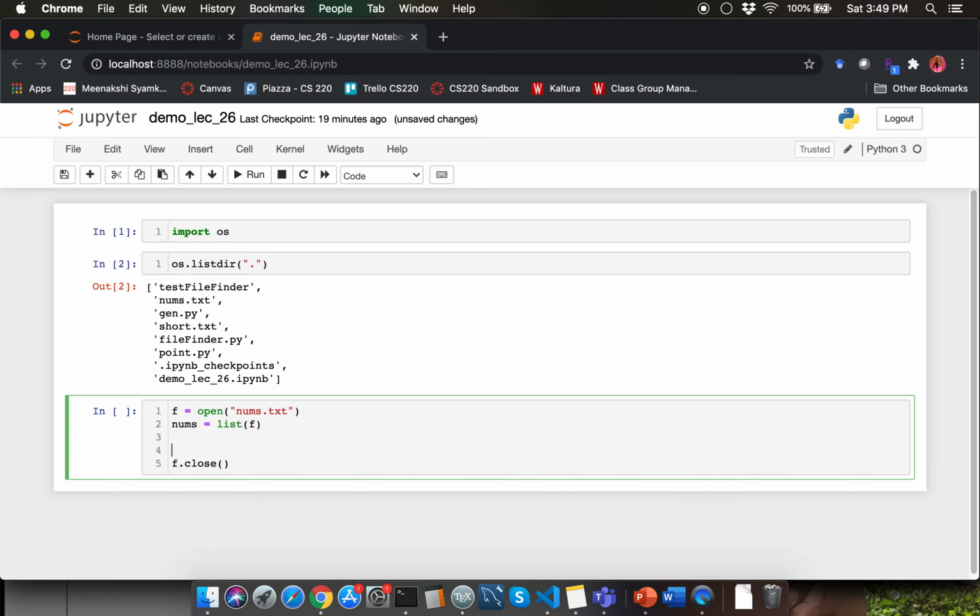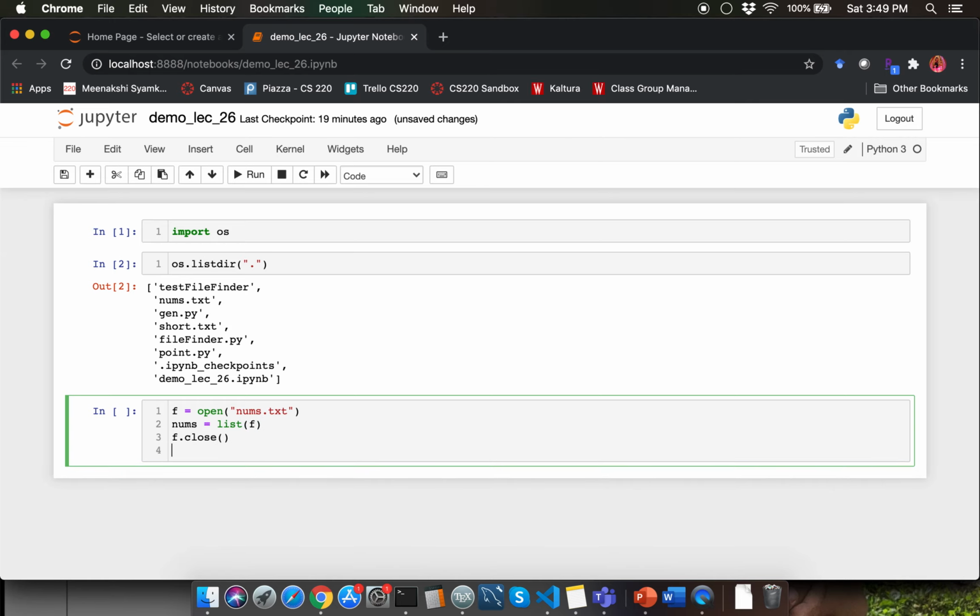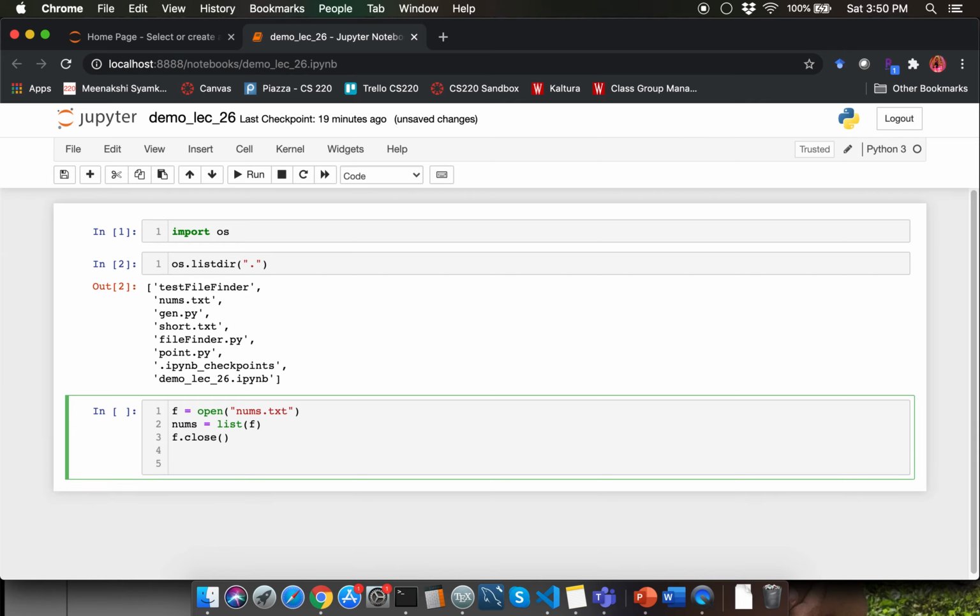So what do I want to do with this list of numbers once I have read them from my file? I am going to process each of those numbers and total them up, correct? What is step number 1 for processing each item in your list?